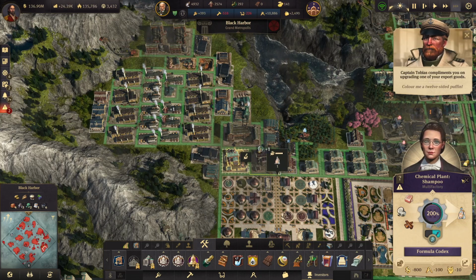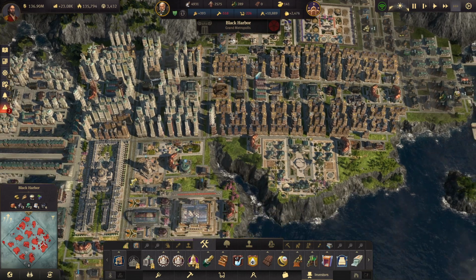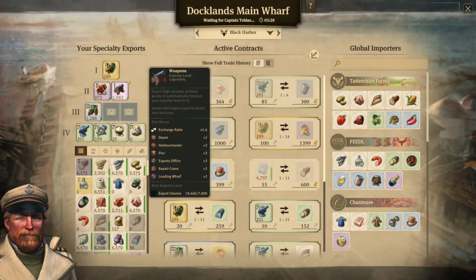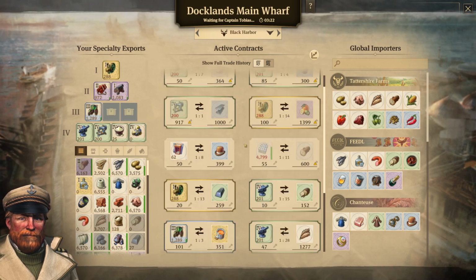Created one of my export goods, huh? What did we... Oh, look at that. Look at that. Look at that. Hey, yeah. So we are...